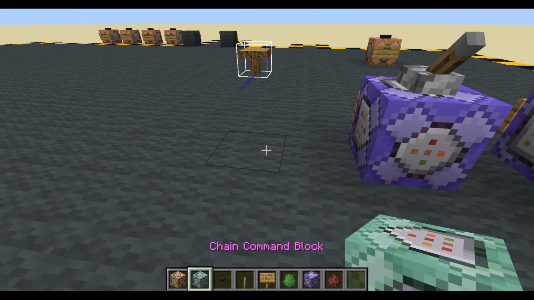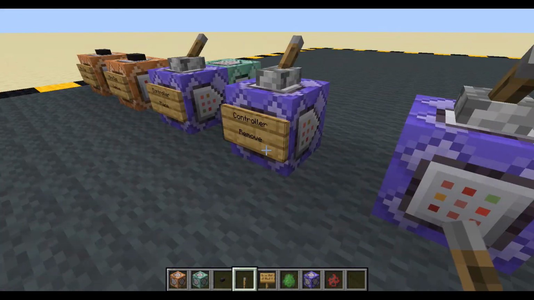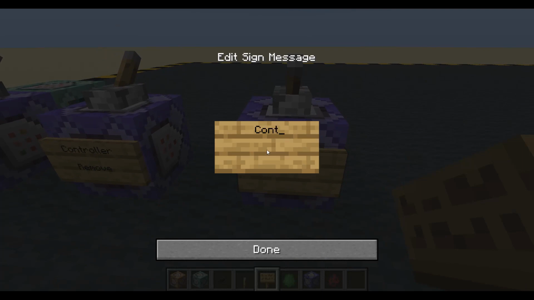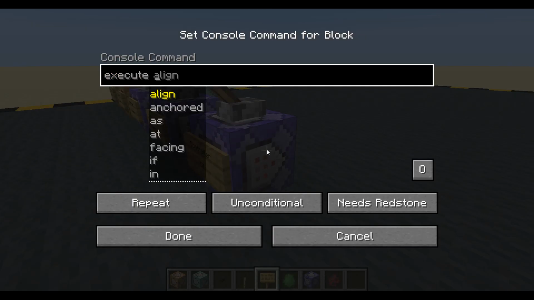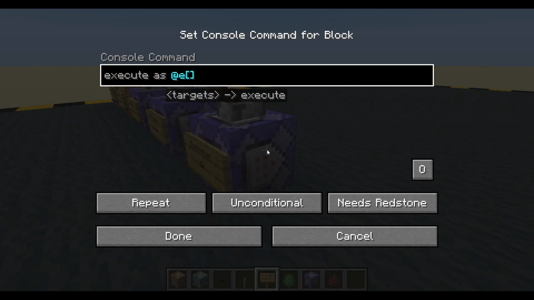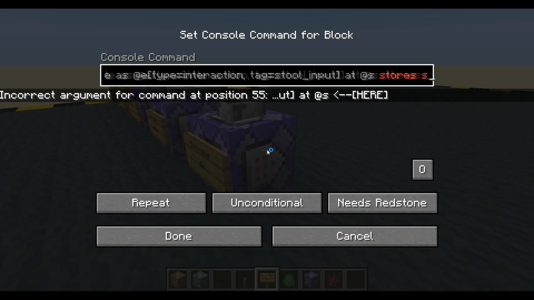Let's make a controller so we can actually sit on the thing. Let's get one of them. Let's get a bit of that. Controller sit makes sense to me. Okay. I'm going to execute. And I think we'll probably do as any entity whose type equals an interaction, whose tag equals, oh, it's been so long I've forgotten, stool input, I believe. At yourself, store,